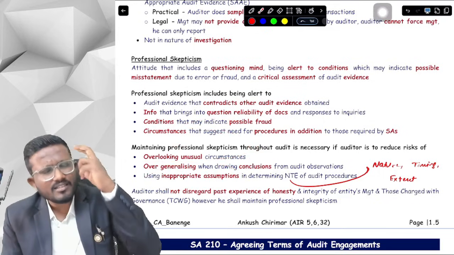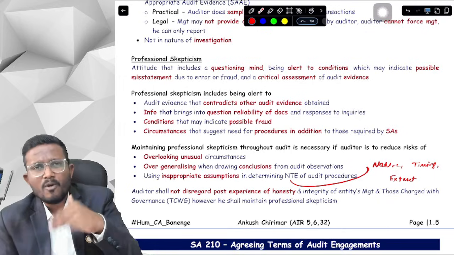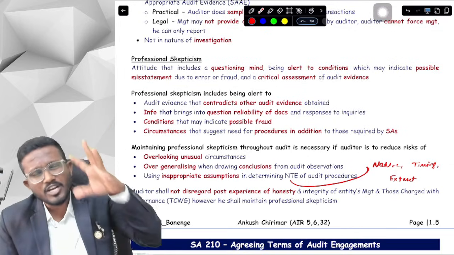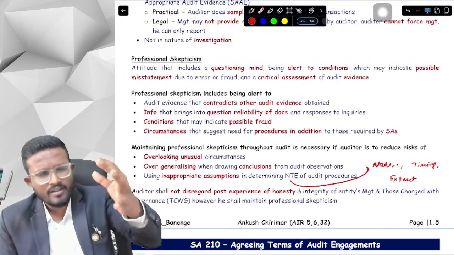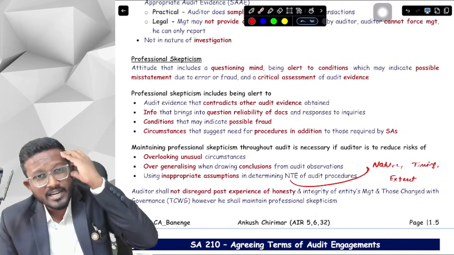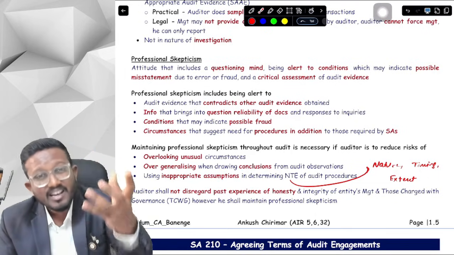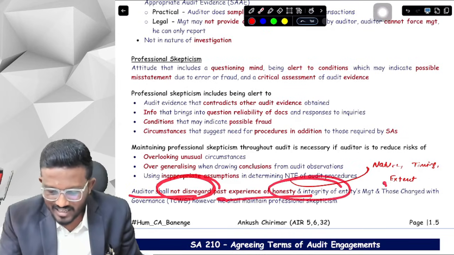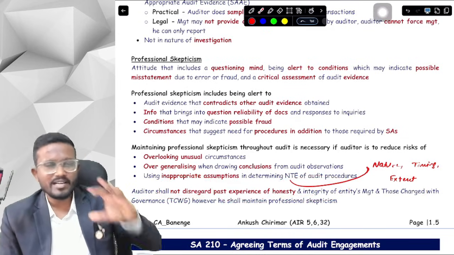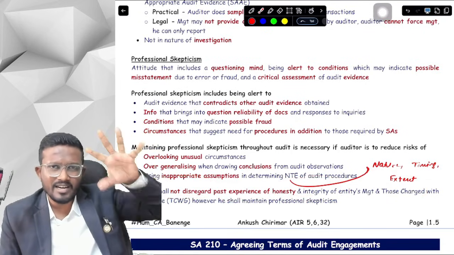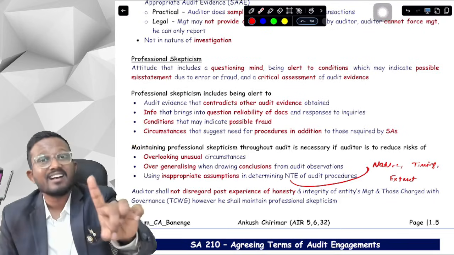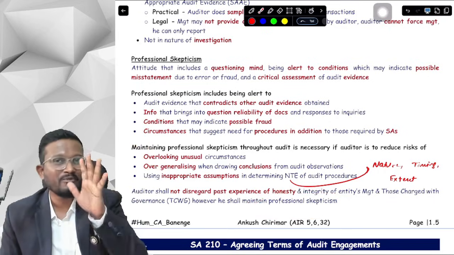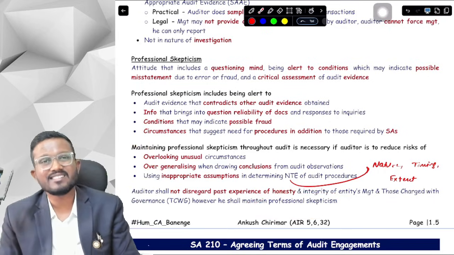Okay, yes. So now you might think, sir, from the past 3 to 4 years when I'm auditing the client, the management is always supportive. Management is of integrity. I have checked everything, and the management has always been supportive. So still in the 5th year, should we maintain professional skepticism? Should we question everything? It says the auditor should not ignore the past experience of honesty and integrity of management and TCWG. If there is a past experience that the management and TCWG are honest and have integrity, you should not ignore that. But even after that you should maintain professional skepticism. So yes, you have to maintain professional skepticism even when the management is honest and has integrity.